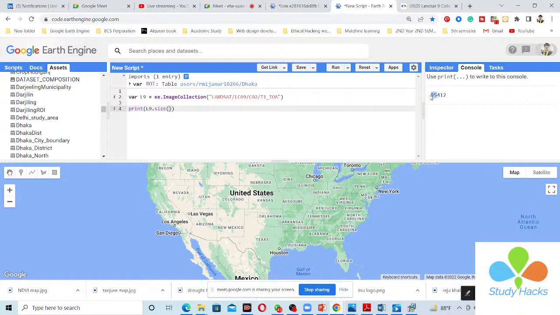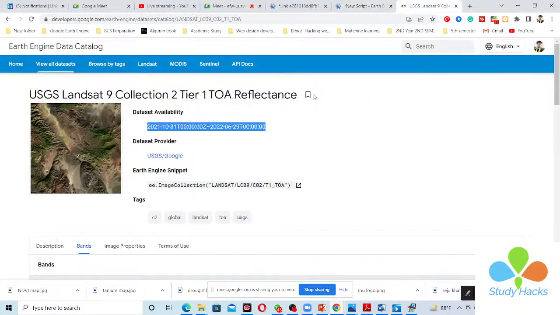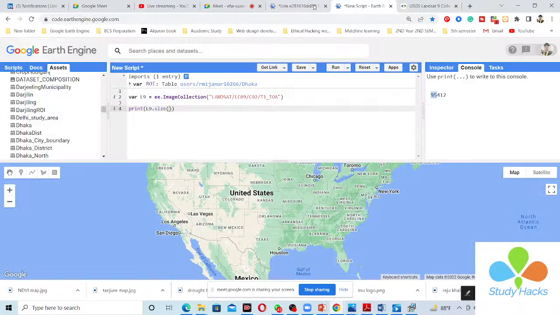Okay, 95,412 images for the whole world, between this time period. You can see, in this time I don't need the images for the whole world. I want only my region of Dhaka city. I need the images only for Dhaka city. So when you want to filter this large image collection with respect to your region of interest of Dhaka city, then